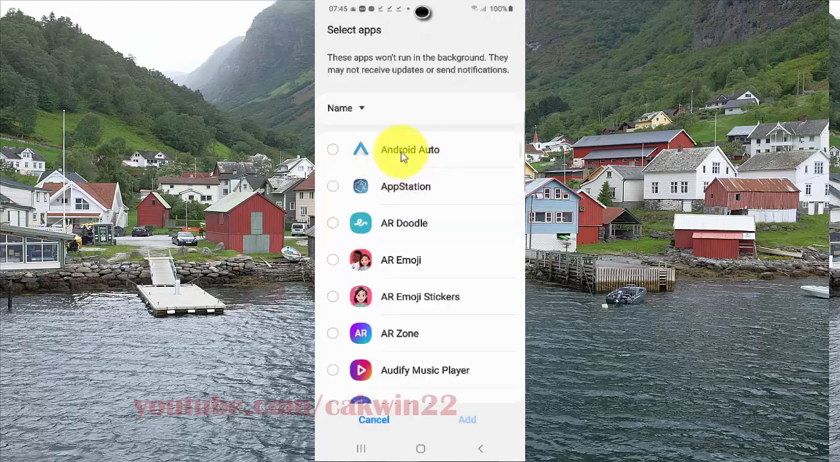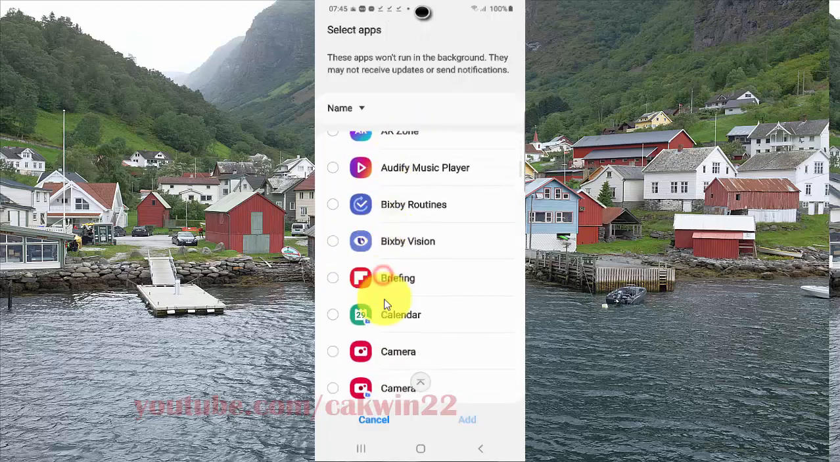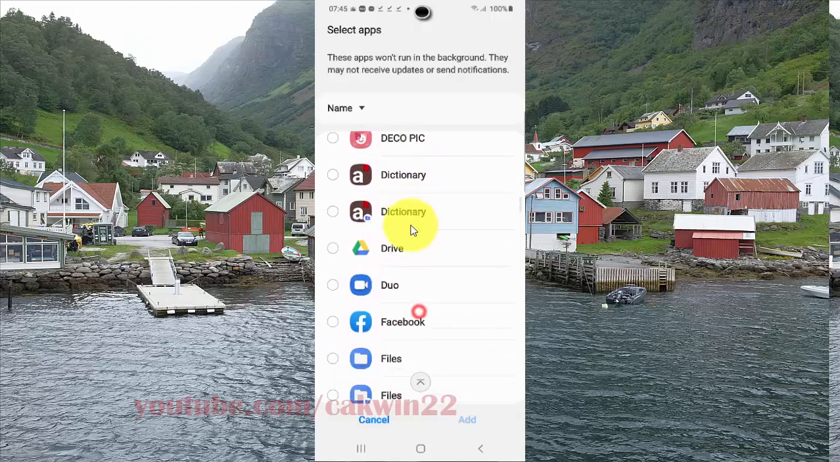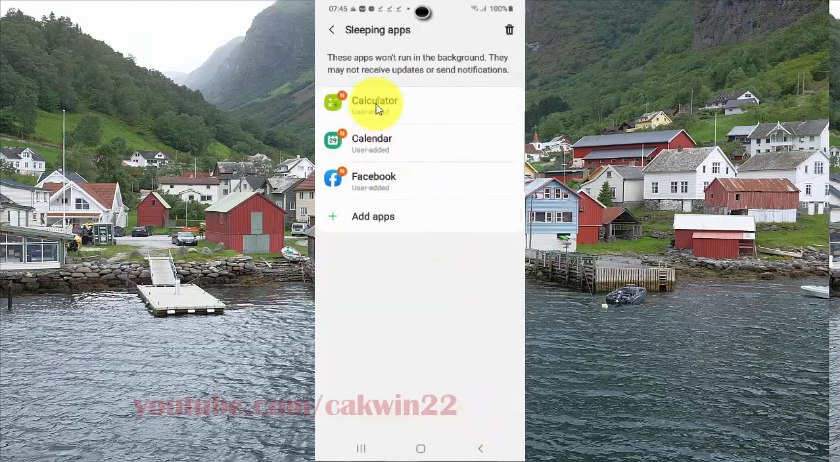Tap add to add and then select the app you want. For example, and then tap add. This app would not run in the background. They may not receive